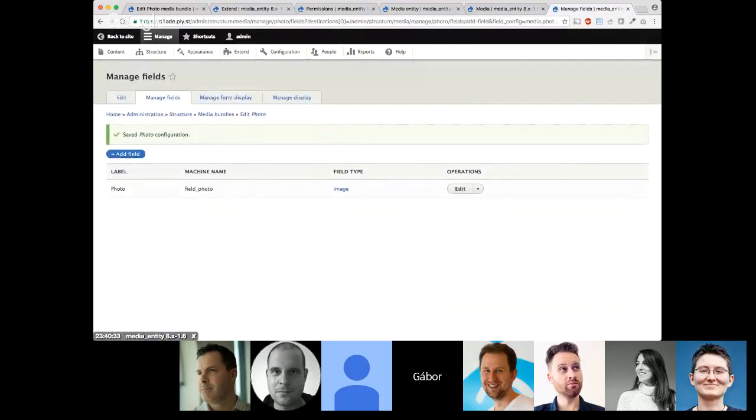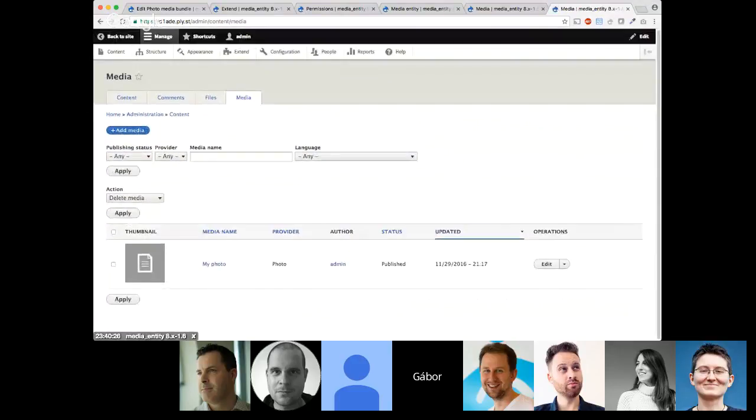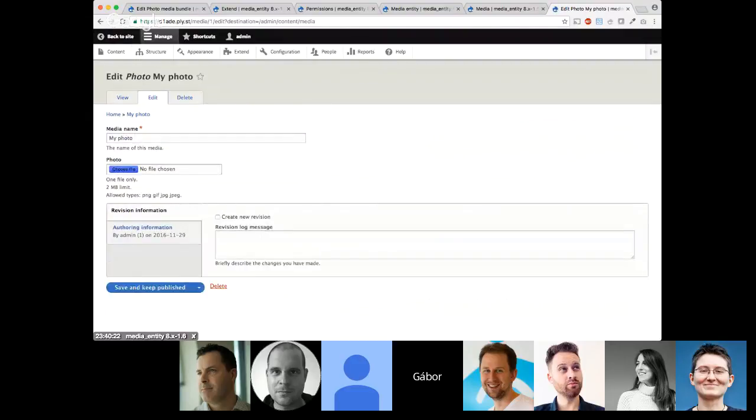We know the problem with the field UI. So now I have an image field on my photo, so maybe I can add a photo. Back to media, and this is my photo, and now I have an image field on it. So yeah, it's there, and then I can pick my